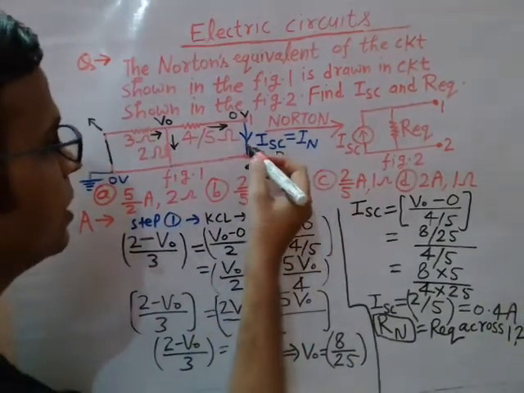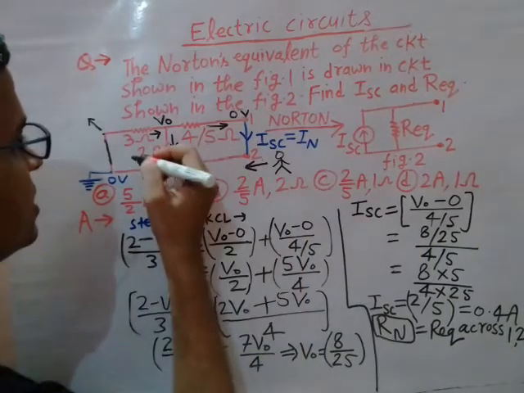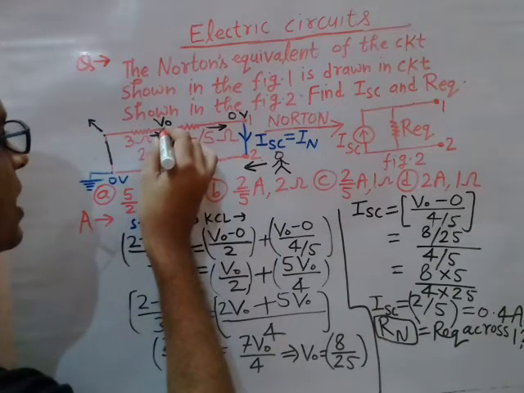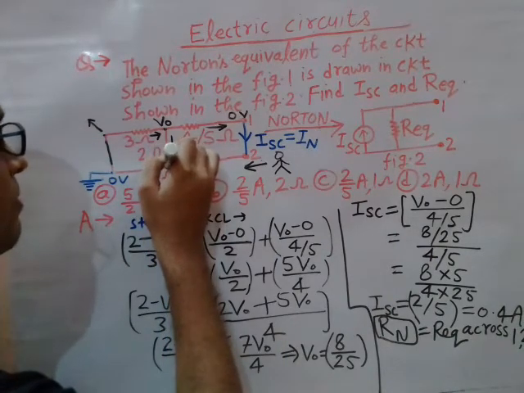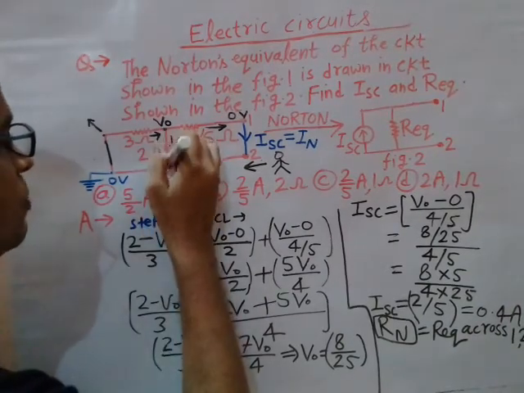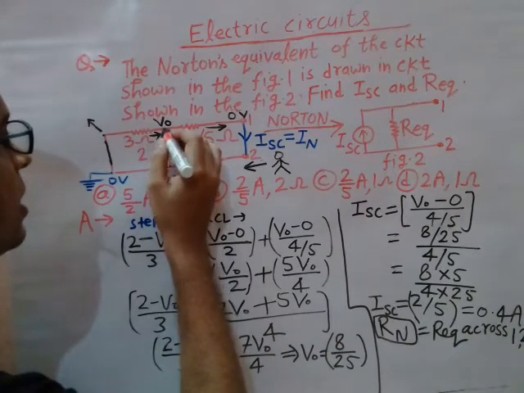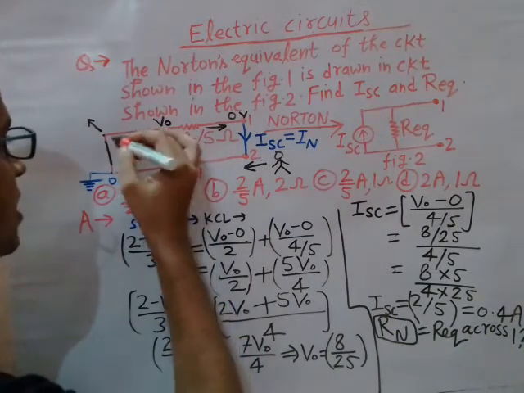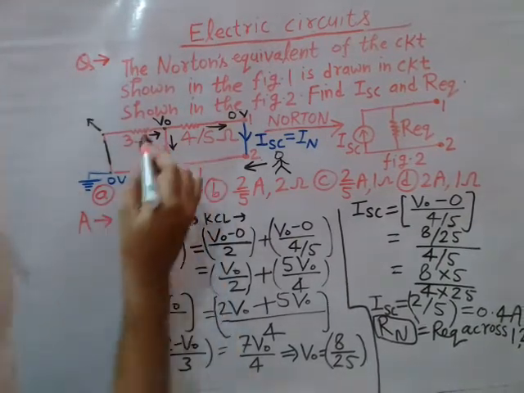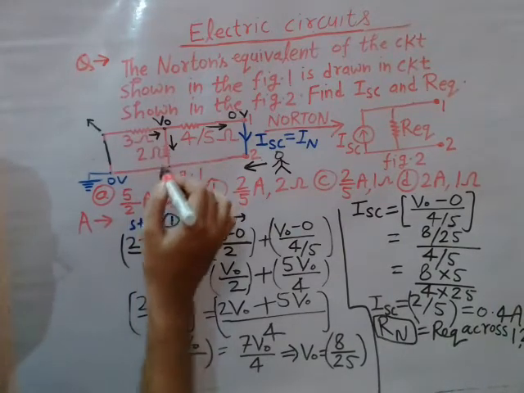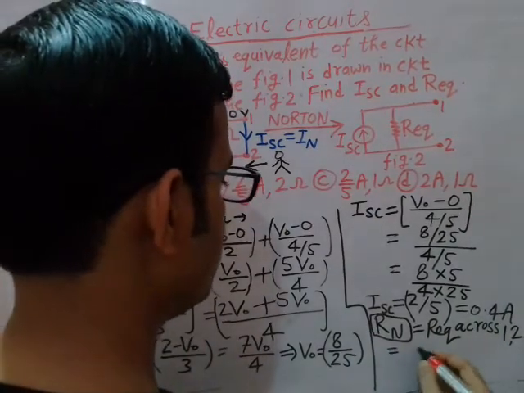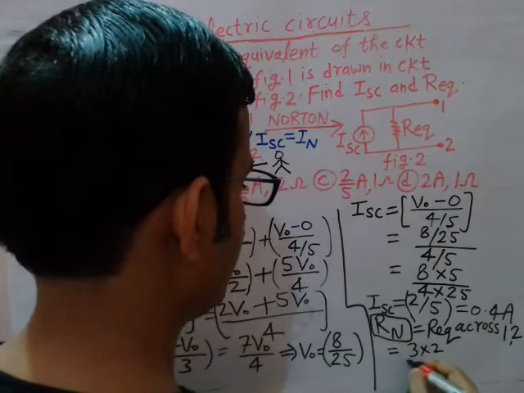So you will then realize that this 3 ohm is in parallel with this 2 ohm, because they are connected in parallel. Between this point and this point, 2 ohm resistance is connected, and between this point and this point 3 ohm resistance is connected, because this point is nothing but this point and this point is nothing but this point. So 3 ohm and 2 ohm are in parallel. The parallel combination of 3 ohm and 2 ohm is nothing but 3 into 2 divided by